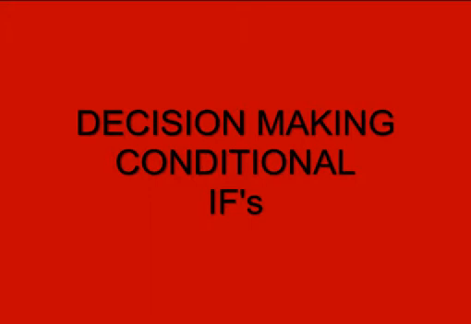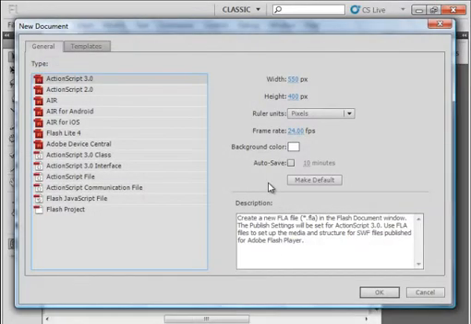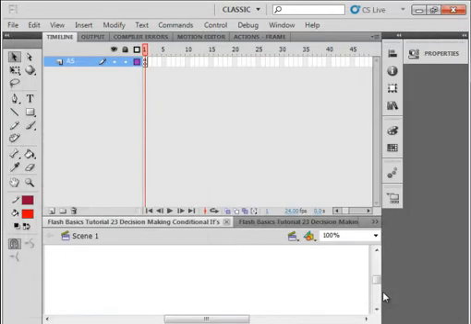I have the CS5 program open. I'm going to open a new FLA. Keep the default. If you're making any kind of game at all, you definitely have to know how to make if statements. So we're going to start off by calling this layer Action Script AS and open the Actions panel,